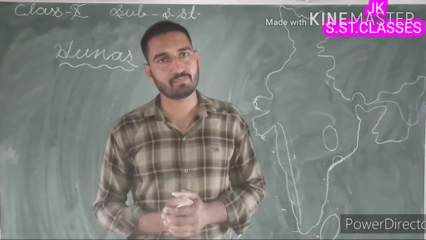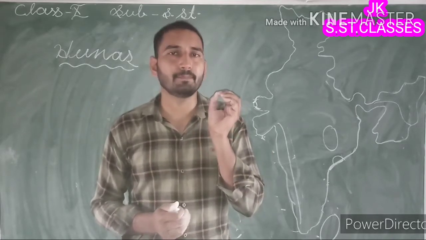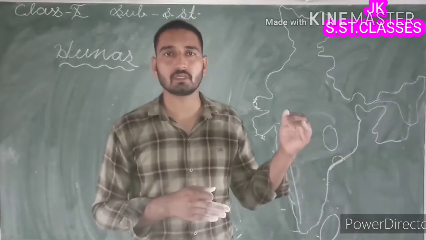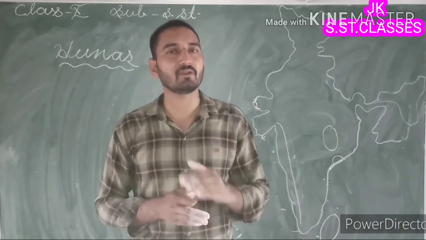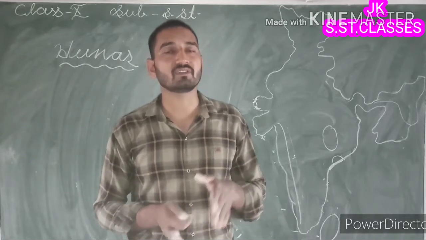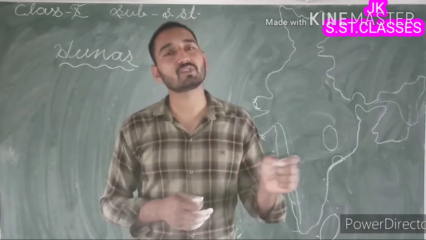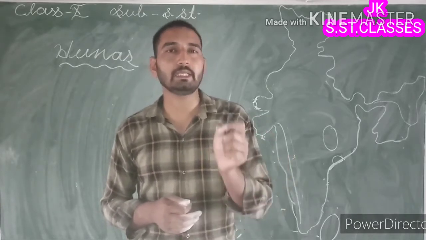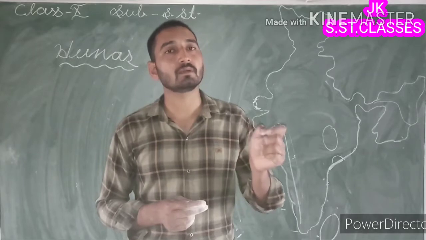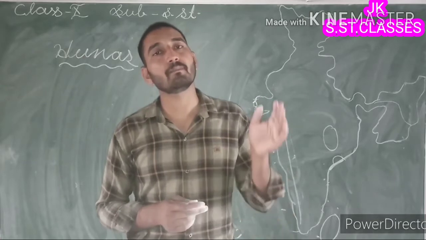So guys, as we discussed that after Mauryans, Guptas were the most important rulers who established the political unity, means the political unity which got disturbed after the end of Mauryan dynasty was re-established by Guptas, okay. The Gupta rulers were the re-establishers of the political unity of India, and this political unity of India which was established by Guptas was finally ended by Hunas, okay.